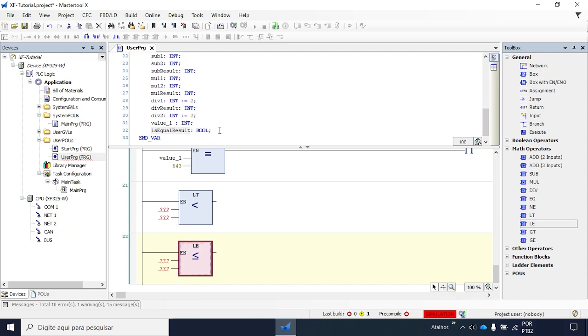And to test it, let's create two new values. Value 2 of type integer and value 3, and assign both to our function blocks.